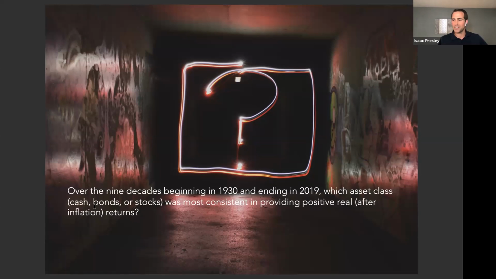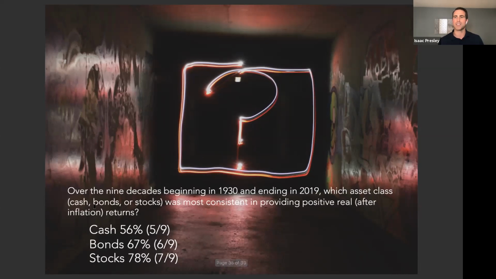So over the 9 periods, if you want to think back to your answer here, which asset class, cash, bonds, or stocks, was most consistent in providing a positive real return? And if you said stocks, you're right. It's a little bit counterintuitive, but that positive after-inflation return, stocks have actually been more consistent in delivering